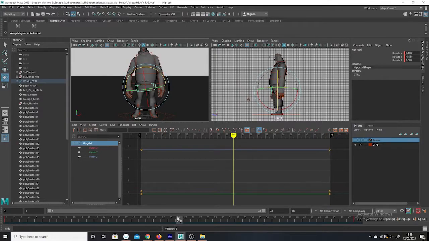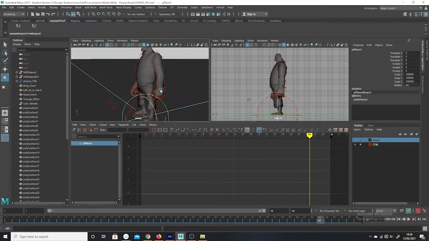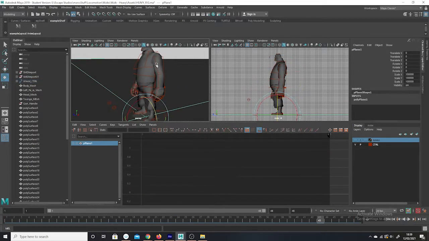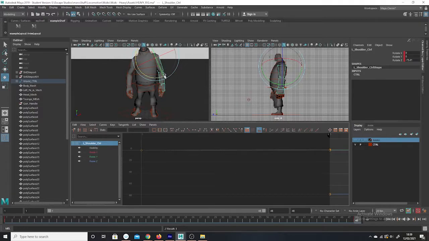48 and 24. You know, you've got a subtle shift, but not much. This is too much. And here again, it's the same thing. You're trying to get that first frame, press S, last frame, pull your hand in a little bit. It doesn't have to be 24, it could be on 21. Offset a little bit. And